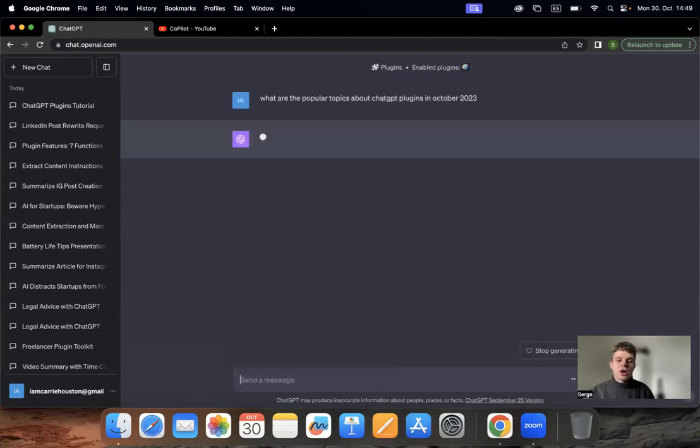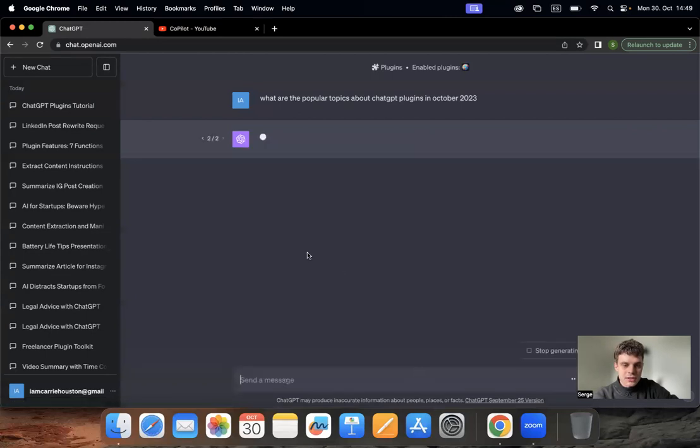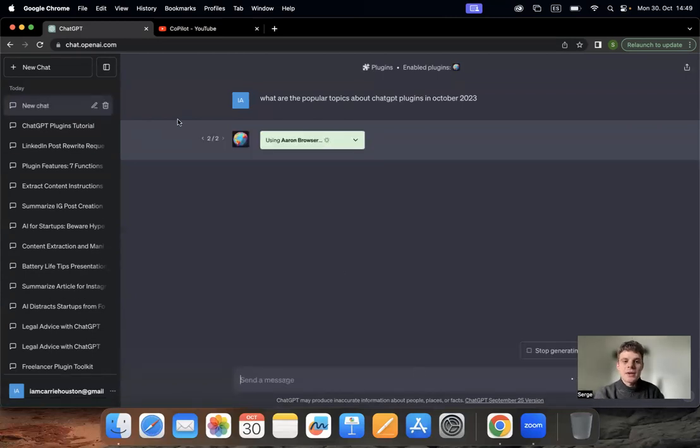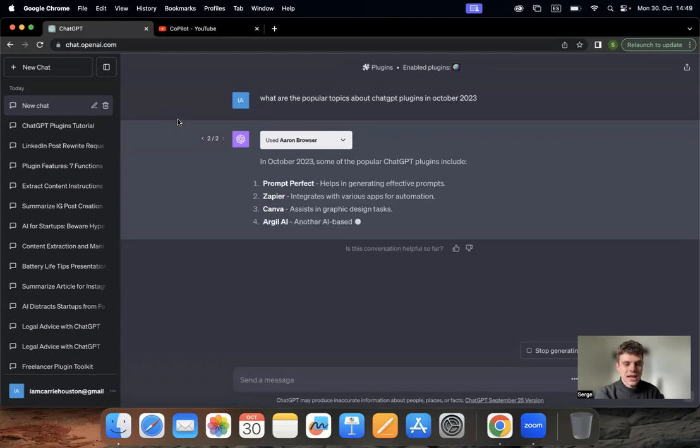In case you are asking yourself why you cannot use regular ChatGPT for this particular prompt, I just want to make sure. Oops, let me regenerate. Sometimes it happens based on your Wi-Fi connection and so on, but you cannot use regular ChatGPT for prompts like this because it does not have access to live information on the internet.